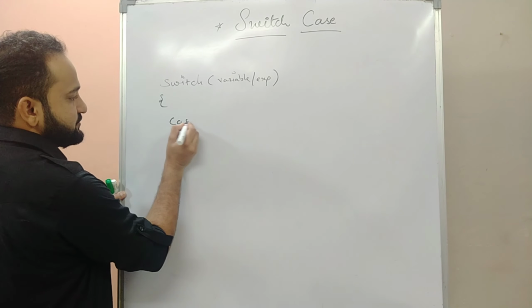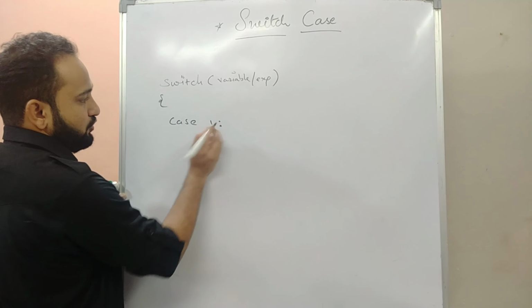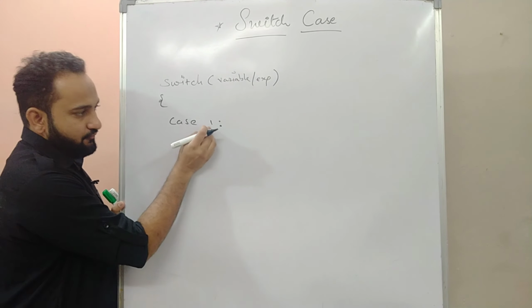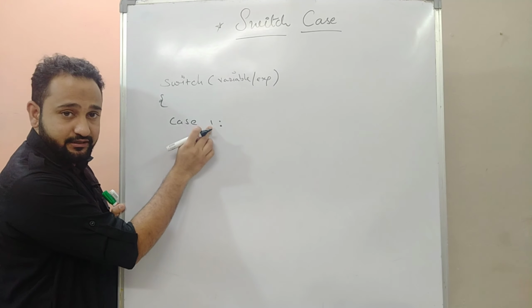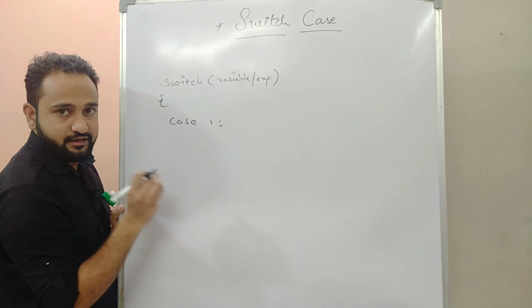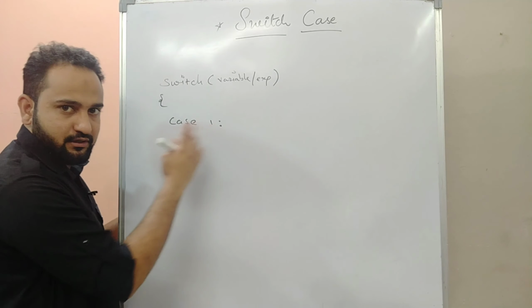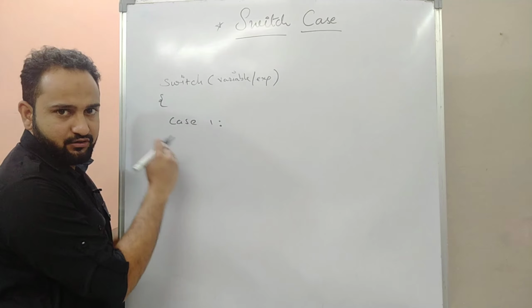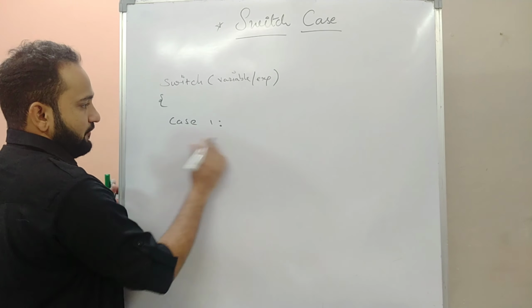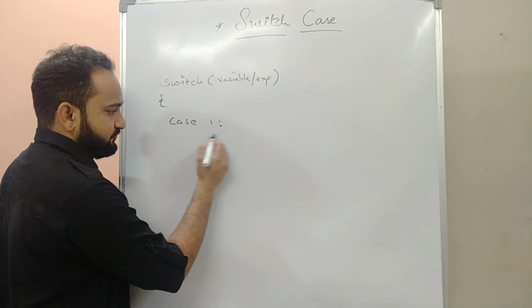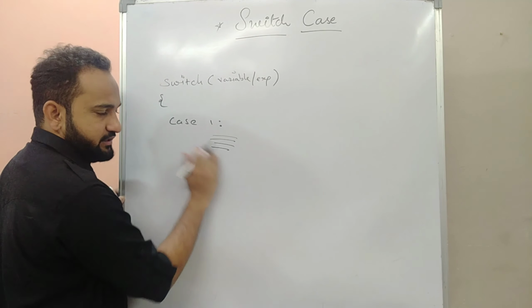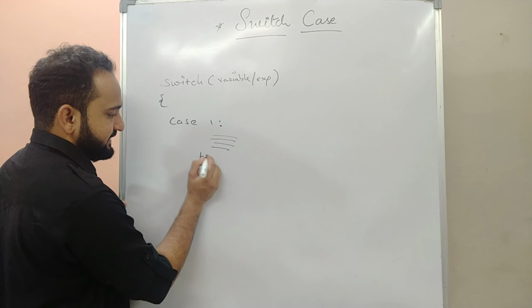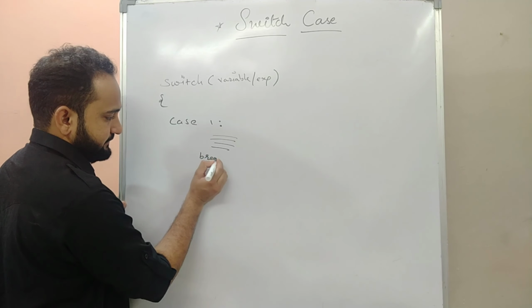Now you will write case 1, colon, you have to use. I'm writing 1 here, but you can use anything based on the variable that you have. If you have a character variable, you will write capital A, small a, whatever the variable value can be. I'm going with an integer value which can be 1, 2, 3, 4, 5. So if case 1 is true, whatever you have to write inside it, you write it. Once you're done writing for case 1, you write a break statement here. Break is a must, without break you won't be writing switch.